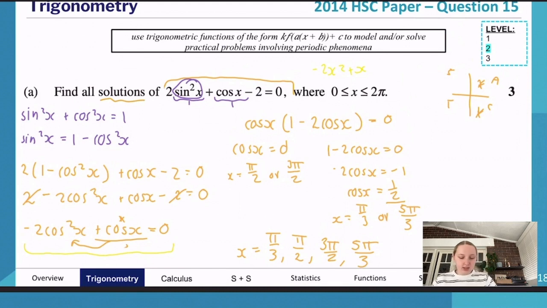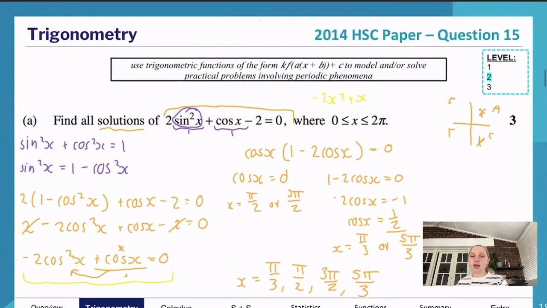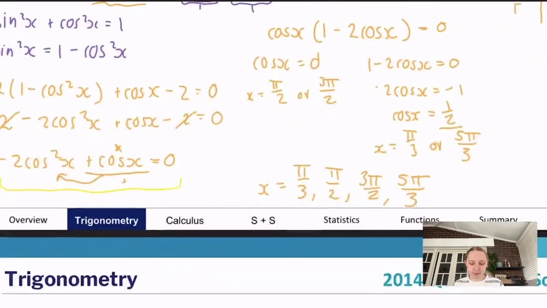So again, with this sort of question type, super important question to come up. This one's from the 2014 HSC paper. But even if you look through the most recent HSC papers, you'll see at least one question somewhere that's about solving a trigonometric equation. So yeah, super common question type. And again, if you know how to approach it, and you know the methods and the steps that you need to be remembering, then you'll be able to get these marks easily. Okay, well that was the